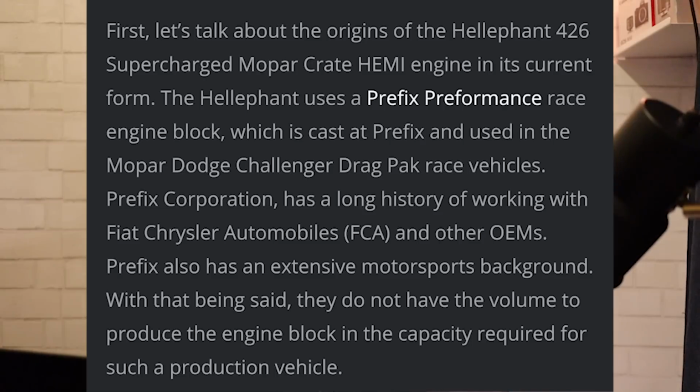So Mopar Insiders breaks it down like this. First, let's talk about the origins of the Hellephant 426 supercharged Mopar Crate Hemi engine in its current form. The Hellephant uses a Prefix performance race engine block, which is cast at Prefix and used in Mopar Dodge Challenger Drag Pack race vehicles. Prefix Corporation has a long history of working with Fiat Chrysler Automobiles, FCA, and other OEMs. Prefix also has an extensive motorsport background. With that being said, they do not have the volume to produce the engine block in the capacity required for